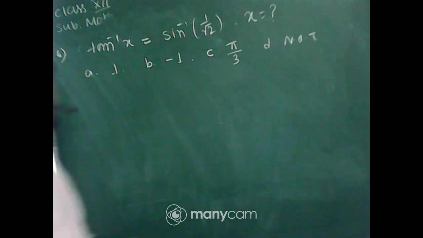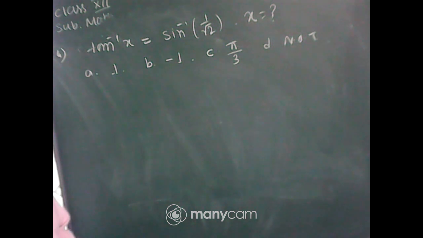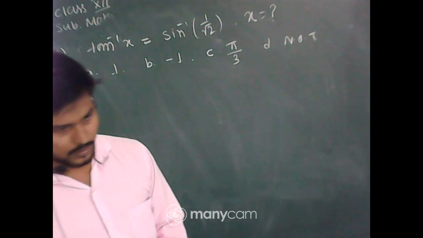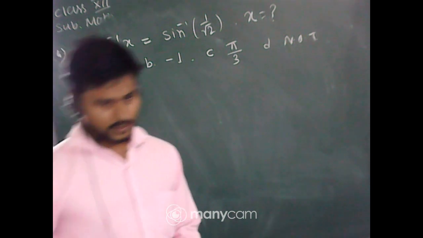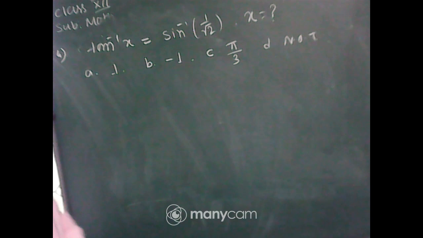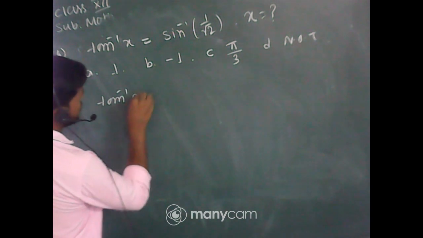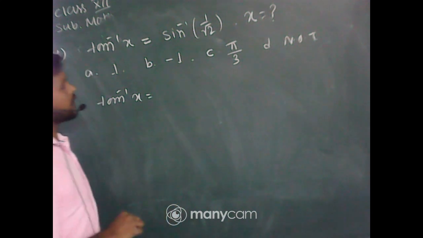Option A will be the option. Okay, let's see. Look here, it is given that tan inverse x is equal to sine inverse